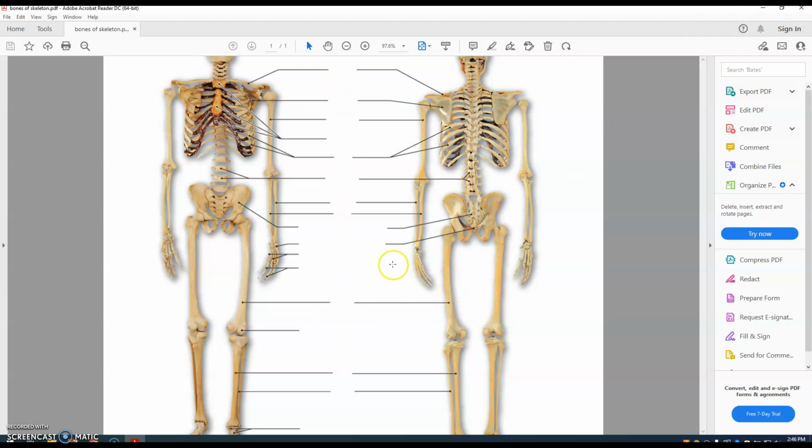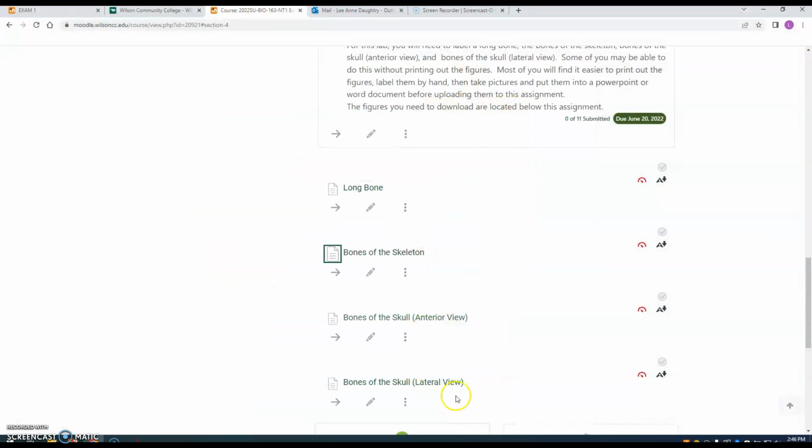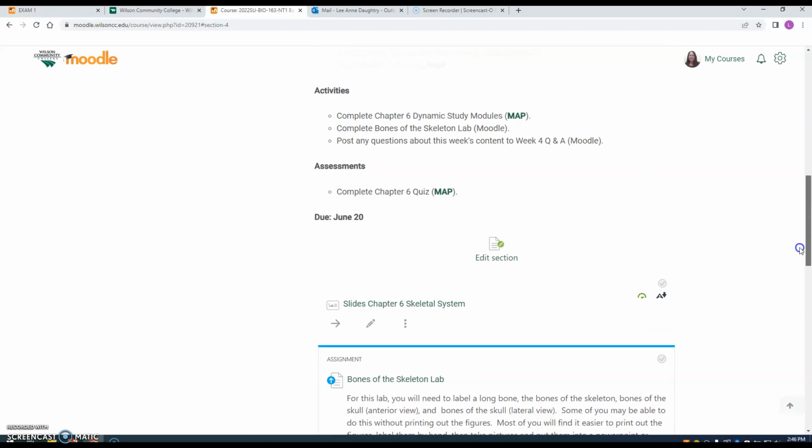But you are going to have to know the bones. You're going to have to know all of these figures that are posted for this lab assignment. You're going to have to know them for the lab practical. So that is why I'm giving you this for a lab assignment. And when I do the recording for chapter 6, I will say the names. I will actually go through and pronounce the names, point to the bone structures, and pronounce the names. So like I say, my goal is to get that posted tomorrow, the recorded lecture for chapter 6.